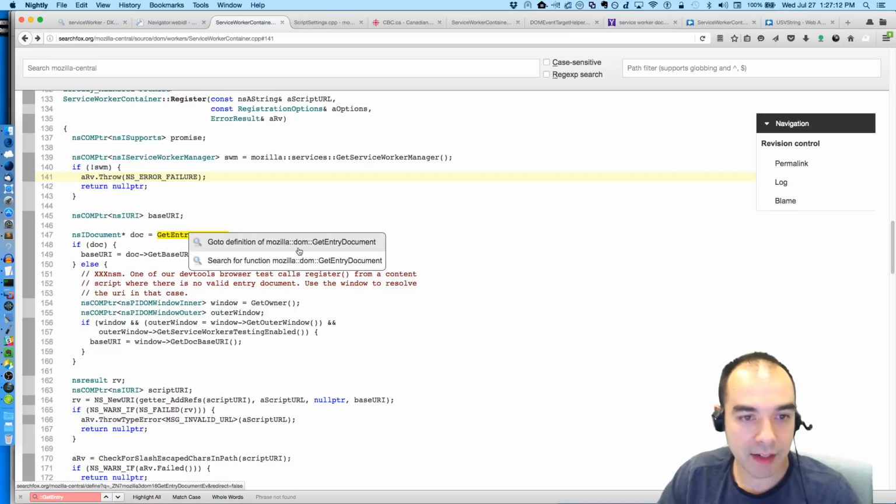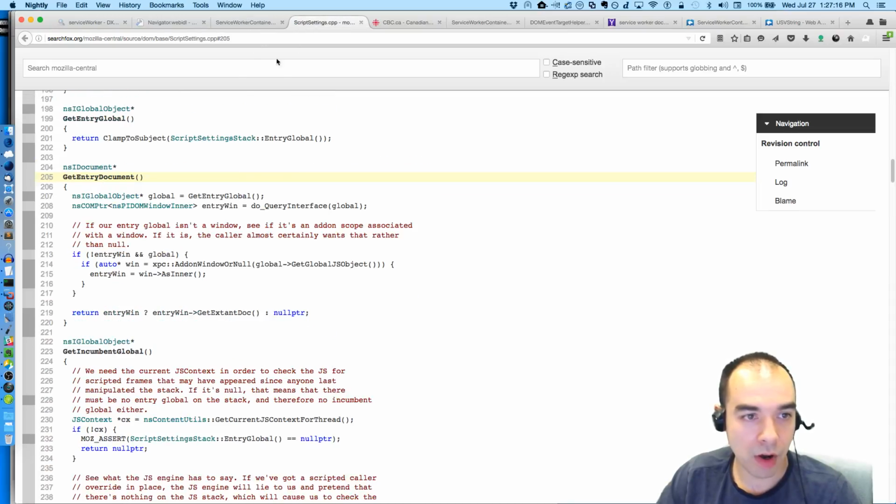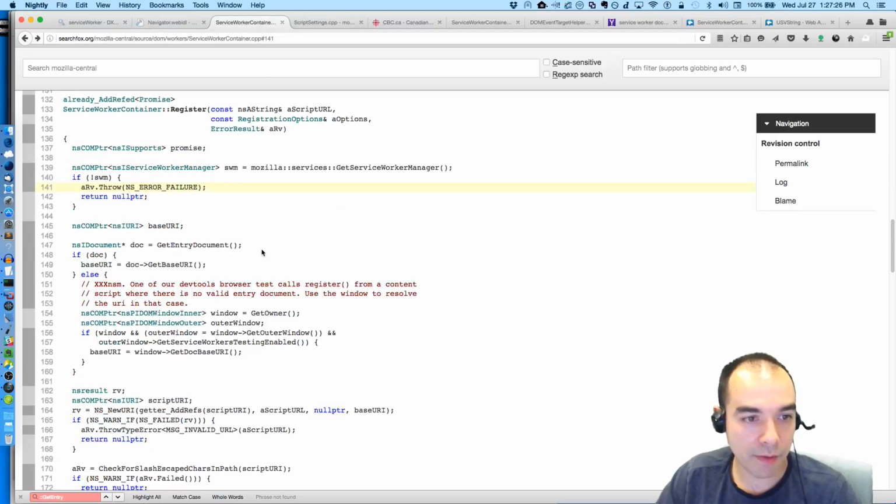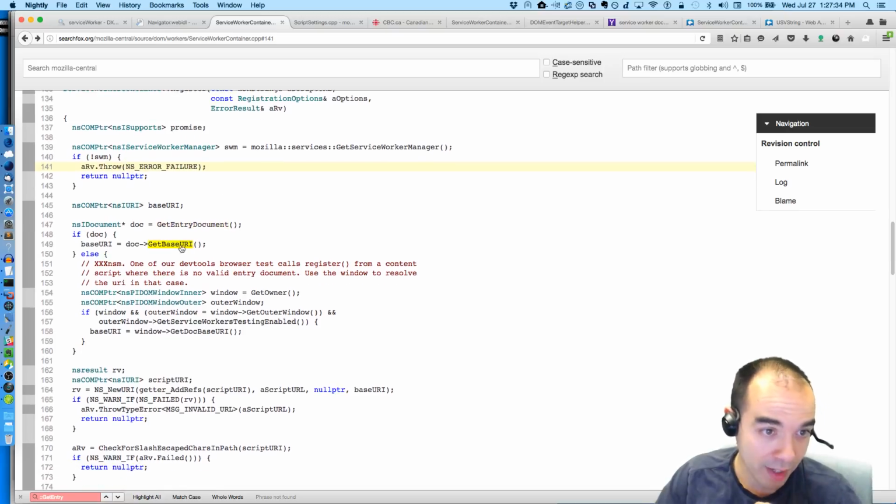So that's a handy dandy function that is exposed to us somehow from DOM script settings. I mean, it's pretty self-explanatory. We're getting the document that called the service worker, or called register, I guess. And then we're getting the base URI of that document.